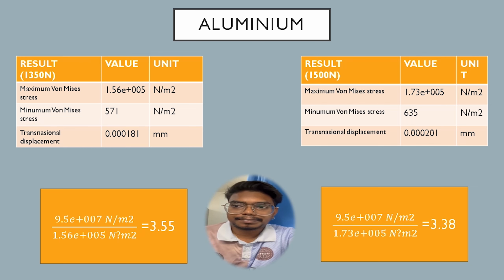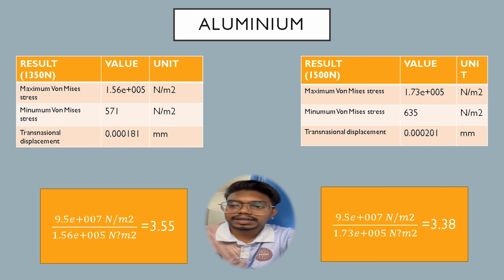0.000181 mm. And the results for 1500 Newton, maximum von Mises stress that we get is 1.73 E plus 0.005 Newton meter square. Minimum von Mises stress is 635 Newton meter square, and translational displacement is 0.000201 mm. And the safety factor for the aluminium that we get is 3.55 for the 1350 Newton, and